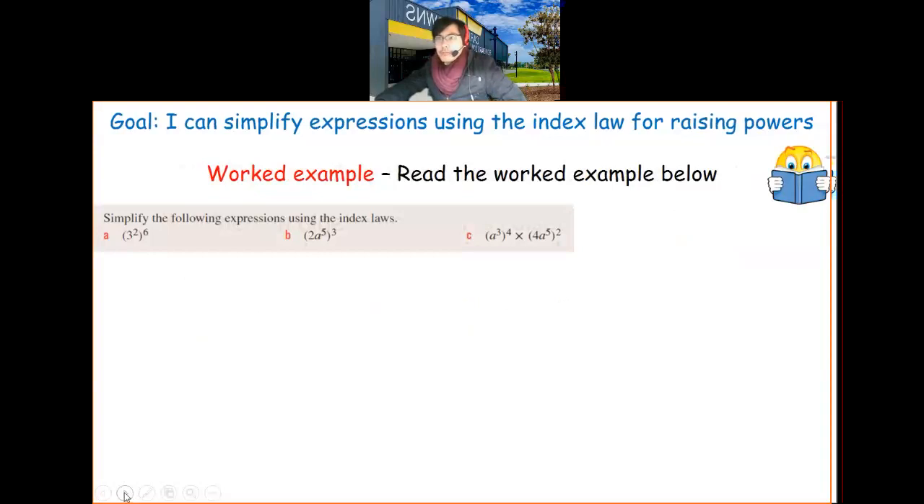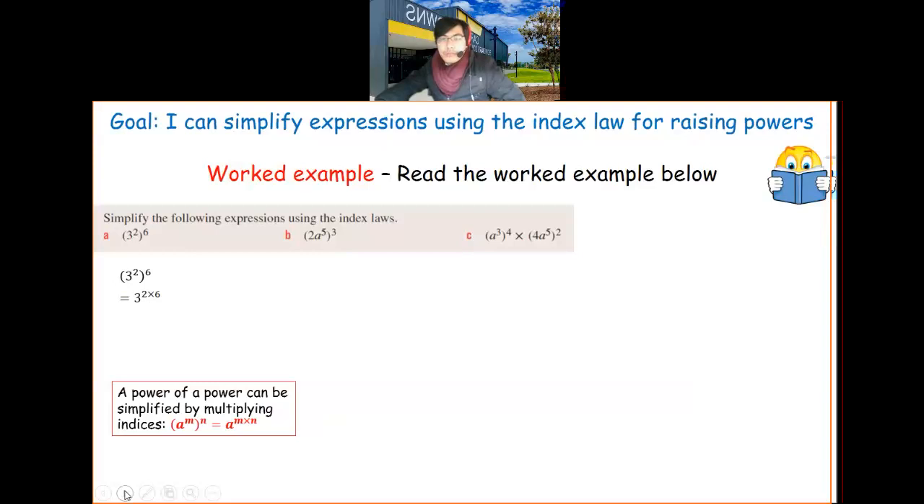So the first one, we've got 3 squared, all raised to the power of 6, okay? So remember, a power of a power can be simplified by multiplying the indices. So we're just multiplying the powers. So here we've got the powers being 2 and 6, so we just multiply them, okay? And 2 times 6 is 12. So we have 3 raised to the power of 12,